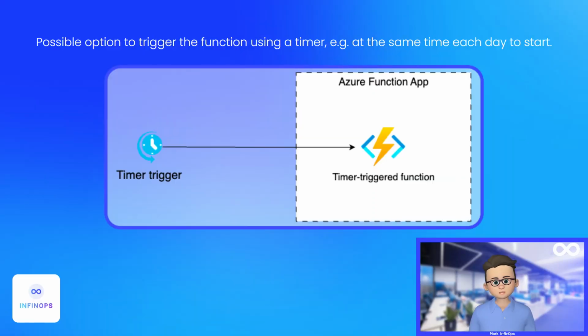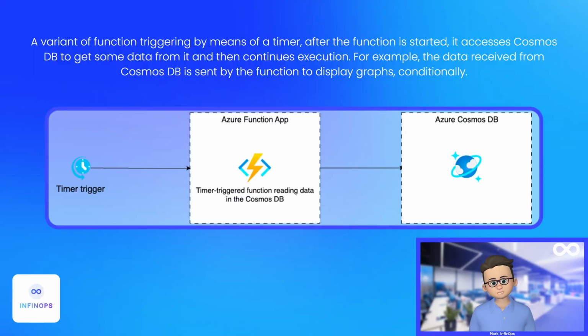This is a possible option to trigger the function using a timer. This means the function will be automatically triggered at a specific time specified in the timer settings. Let's also consider a scenario where the function is triggered by a timer, and after being triggered, it accesses the Cosmos DB to retrieve some data from it before continuing with its execution. For example, the data retrieved from Cosmos DB could be sent to another function responsible for displaying charts or graphs,